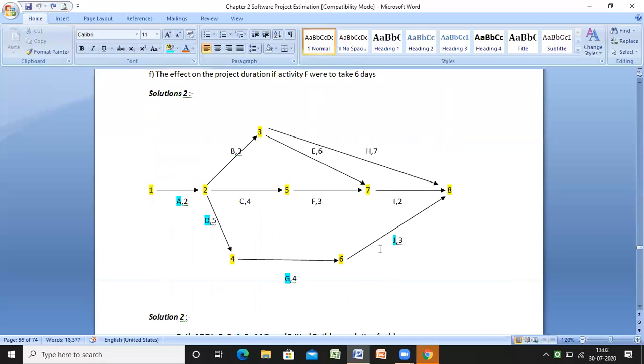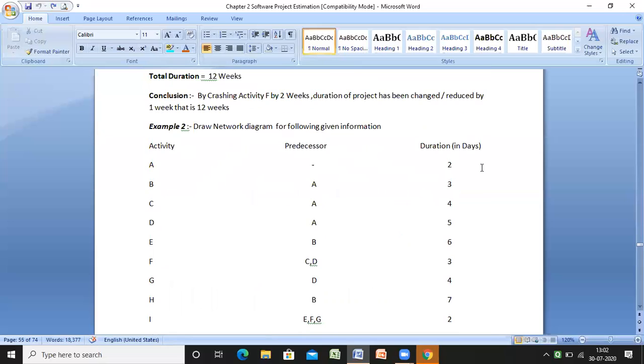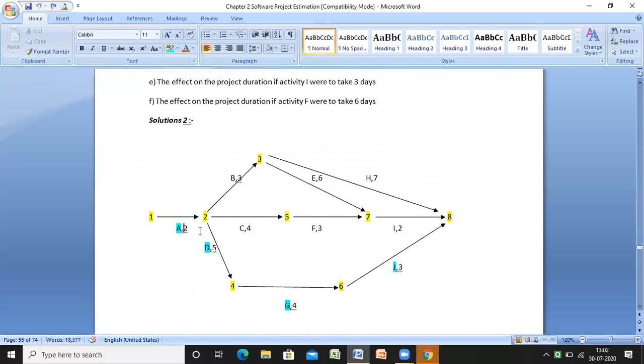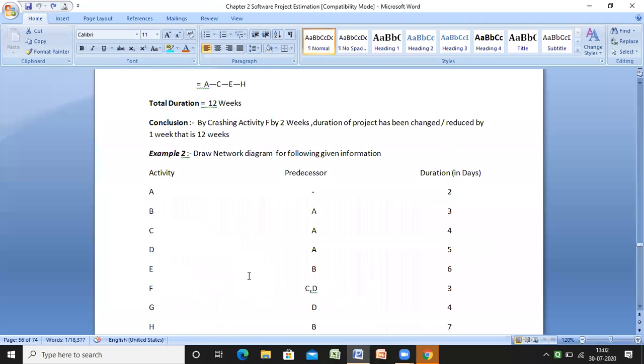So this is the diagram as we draw it over here, with what they have mentioned. Suppose this is the activity from node 1, and this is activity A having a duration of 2. So A starts with 2, and I reach the second node. Now look at how many activities start from here: B, C, D. Their predecessor is only A.